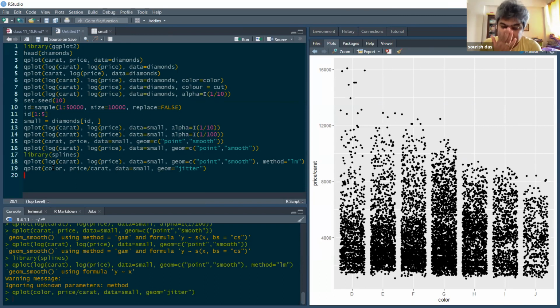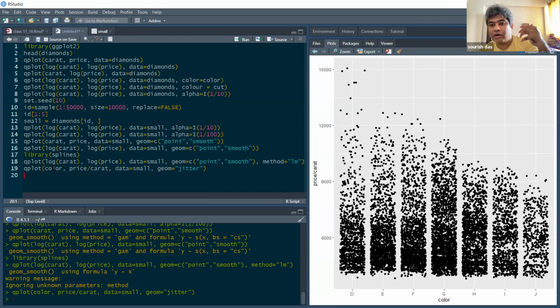So you can see that it's a scatter plot, but binned by the categorical variable. Of course, D is the best and J is the worst. So naturally, price per carat, you will expect much less for J and much higher for D. So variability in group D is much higher.